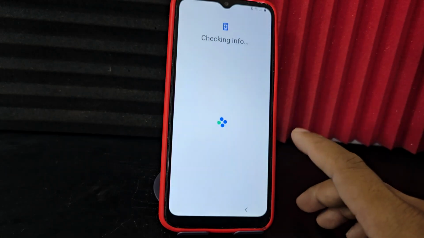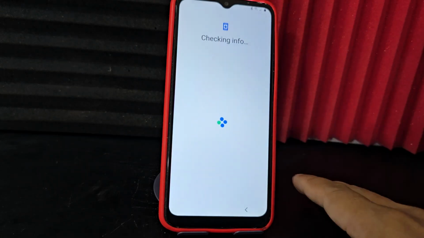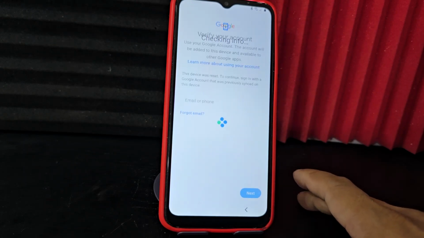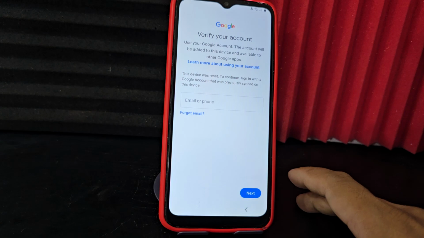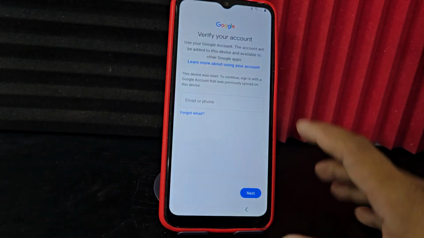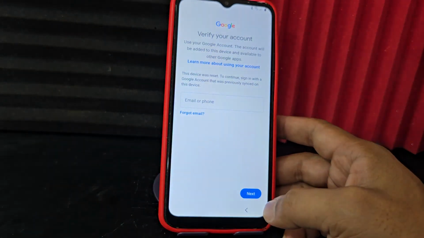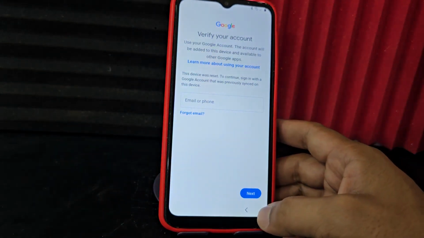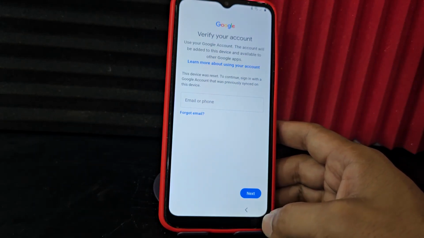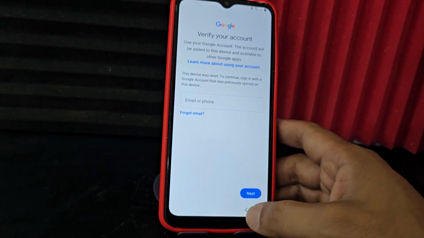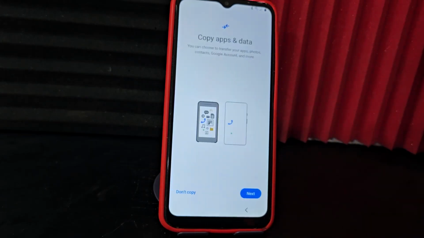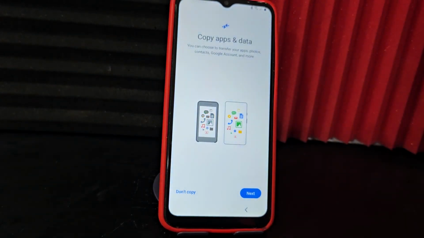Here it would take us where our phone is locked. As many people say that this phone is unlocked, if it were unlocked, it would not take me here to this Google account. It no longer makes sense. So now what we are going to do is give it a single click here backwards. We are going to click back once we are here. What are we going to do? We are going to delete